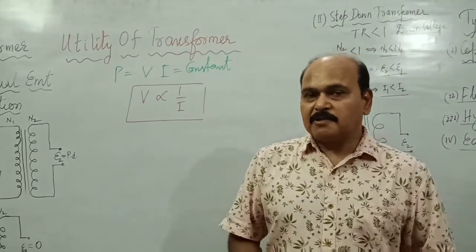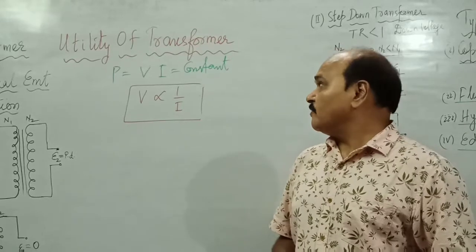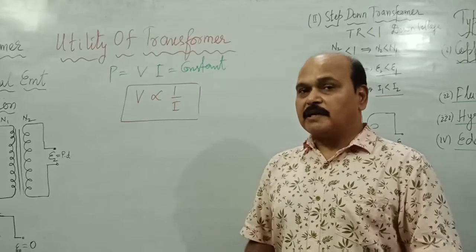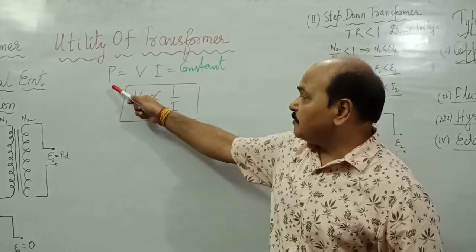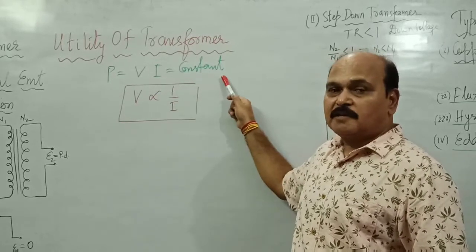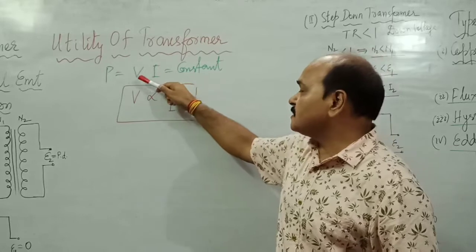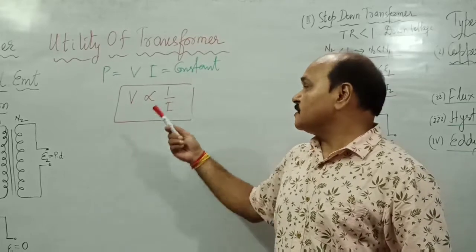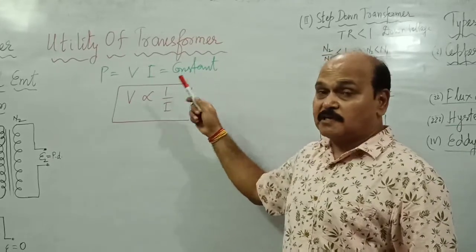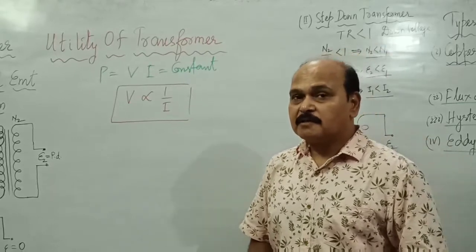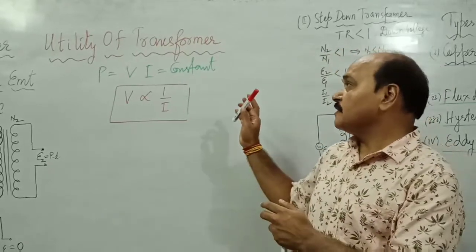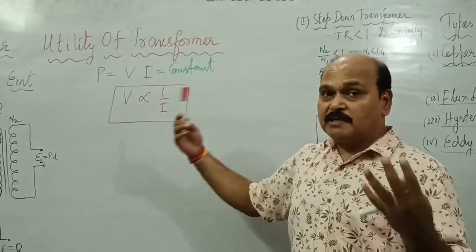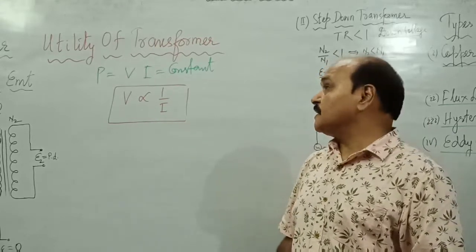Finally, understand the utility of a transformer. Well, transformers are used to change the form of voltage or current of a given alternating energy. Alternating energy produced by a generator is always a constant. And what does a transformer do? A transformer changes voltage and accordingly the current also changes. Since V into I is constant, that is, there is a fixed energy produced by a generator, and it can be expressed in infinite possible combinations of V and I. And depending upon the utility, we convert the energy into that appropriate form.